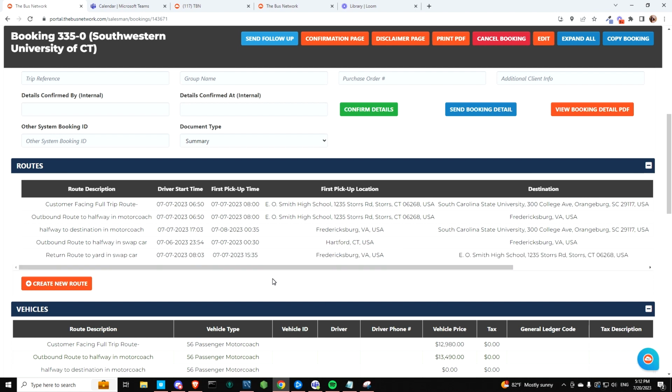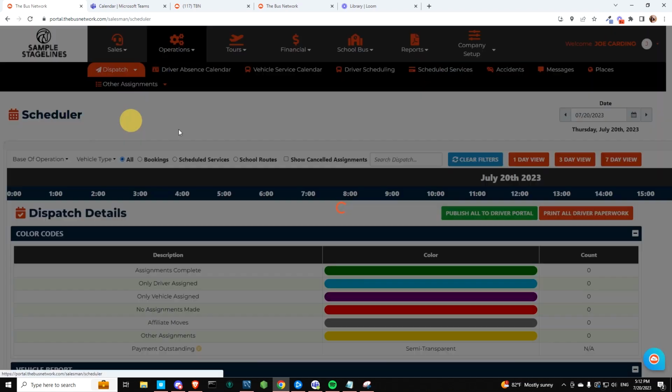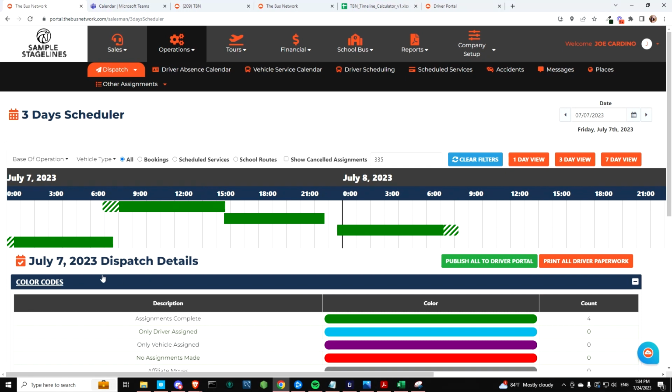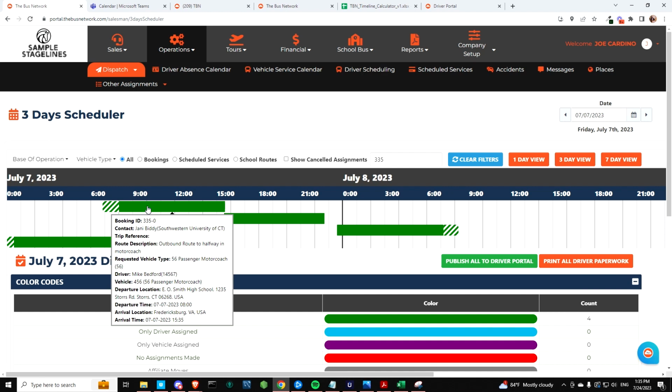And now I really quickly just want to show you what this is going to look like on the dispatch side, right? So if I head over to our dispatch scheduler, if I look at the 7th, I set it to a 3-day view. I can see all 4 of my routes that aren't hidden from dispatch. I can see my first route is with Adam Bell. It's getting the swap car out to Virginia. My second route is with the driver, Mike Bedford. This is the outbound route with the passengers on it in the motor coach, meeting us at the halfway point